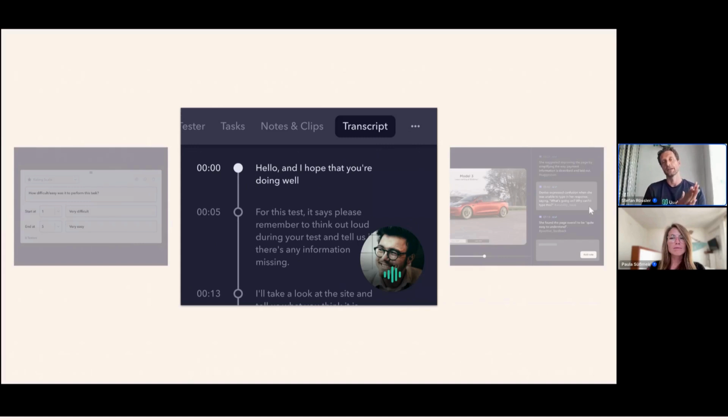So the transcript is something that the AI can get a lot of value out of by analyzing it, which is perfect for user testing, because user testing is all about this thinking aloud method. User testing is not just observing people doing something silently, but it's about people verbalizing their thoughts, thinking out loud while they're trying to do these different tasks and answering the questions that I just showed you in a step earlier. So all this language is there, and the AI can just analyze it.